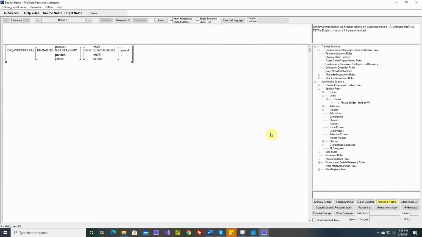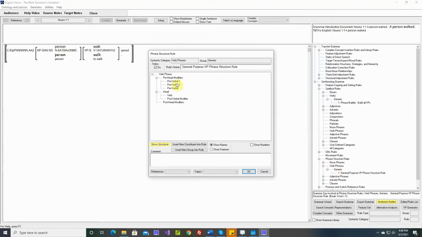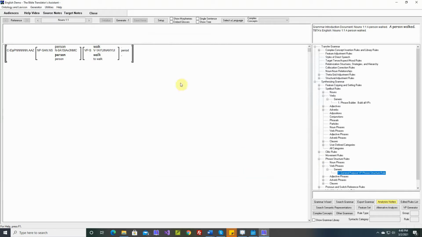And then when we go and look in our phrase structure rule for verb phrases, TBTA also entered preverbal 1. Well, okay, we actually need those in a different order. It should be preverbal 2 is further from the verb. Preverbal 1, preverbal, postverbal modifiers, okay? And now when we click the generate button,